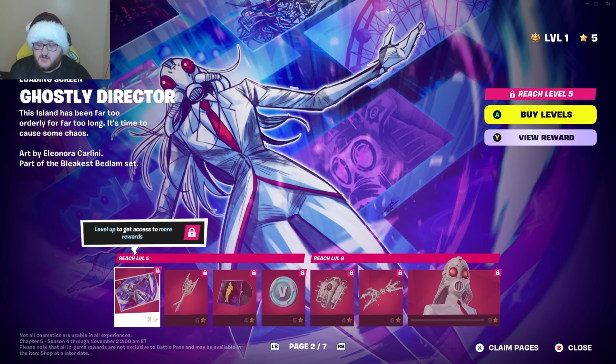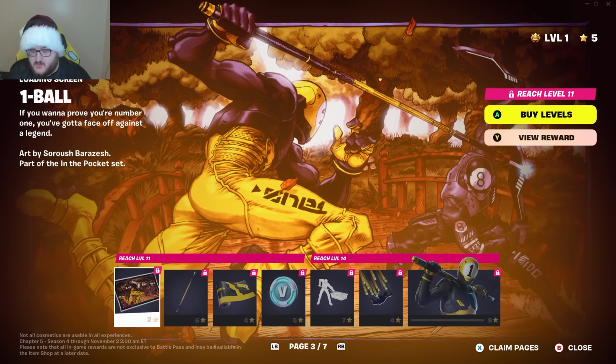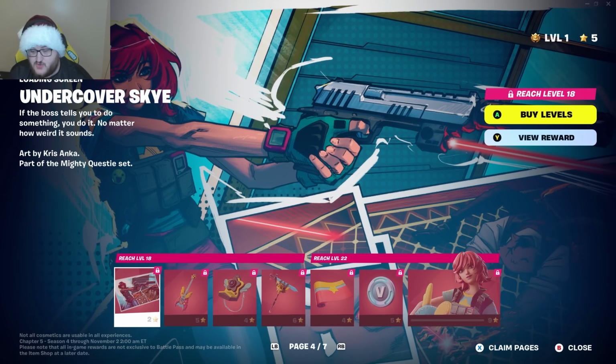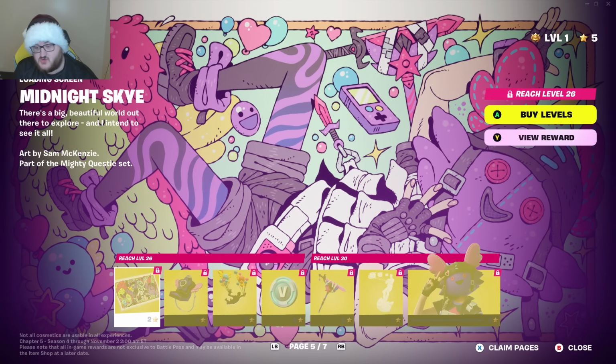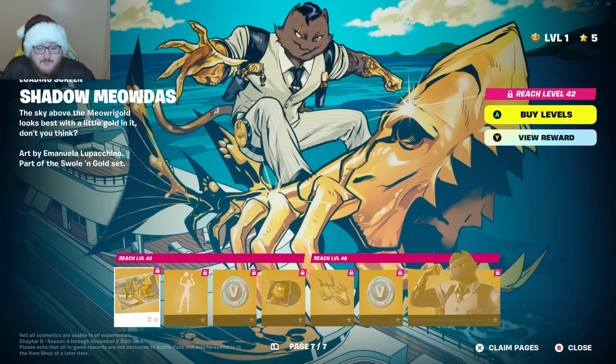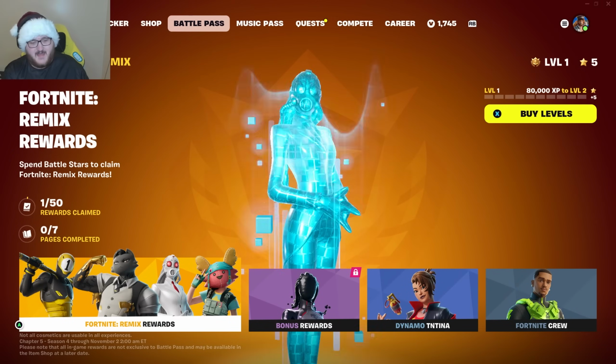we have page 2, which you can unlock towards level 8, you have page 3, which you can start unlocking towards level 11 and 14, page 4, which is level 18 and 22, page 5, which is level 26 and level 30, page 6, which is level 34 and level 38, and then page 7, which is level 42 and level 46, meaning you'll be 100% completed with the normal Fortnite Remix Pass by the time